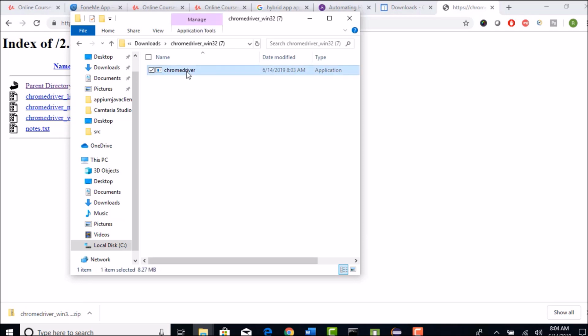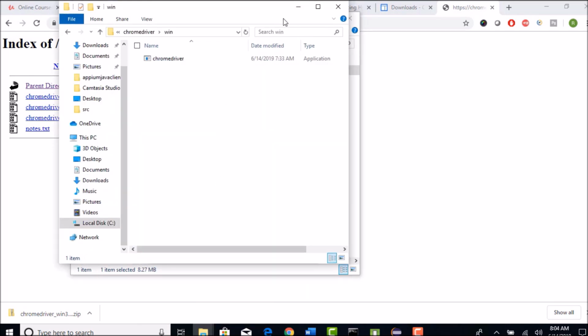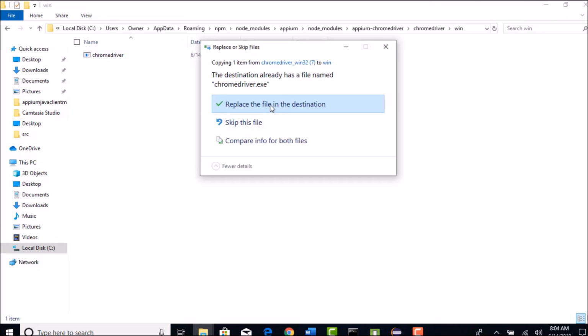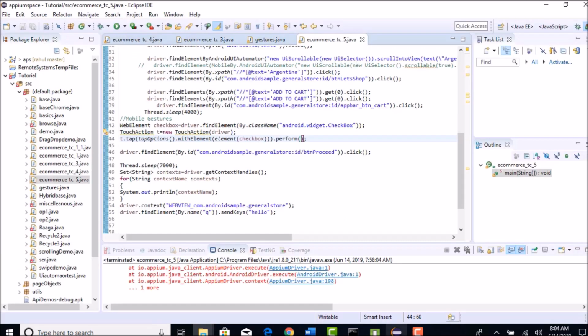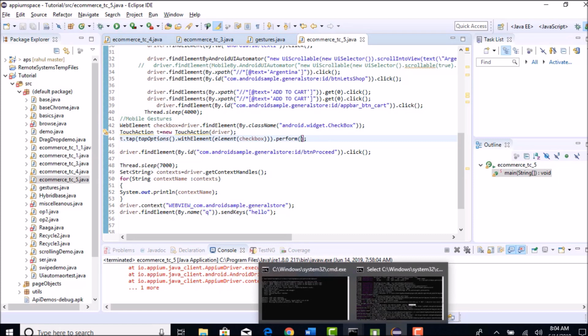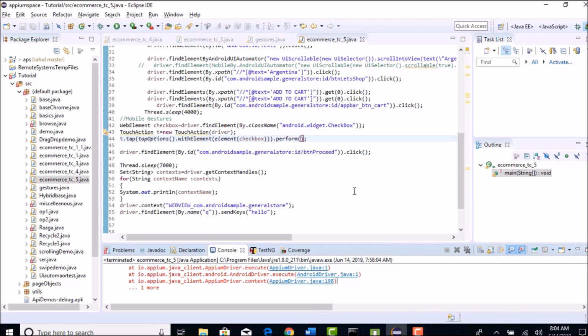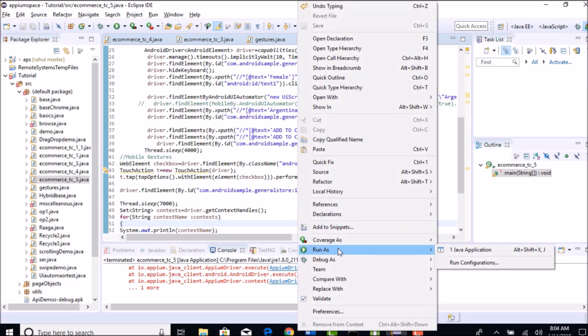Copy this, and come to this win folder where the latest Chromedriver is present, which is not supporting us. Replace it, replace the file in the destination. Perfect. Now this Chromedriver version is 2.44, which can support Chrome 69, and this is the Chrome 69. And now let's run this and see whether it works or not.